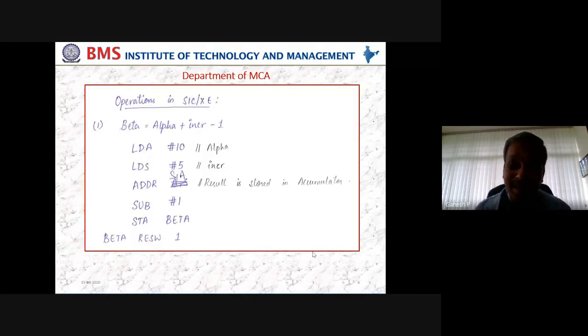So if I write ADDR A comma S, the result will be stored in the S register. Again, I have to transfer from S to the accumulator. Nothing wrong, but the result will be stored in S, and again you have to write an ST type of command or load some data into the accumulator.